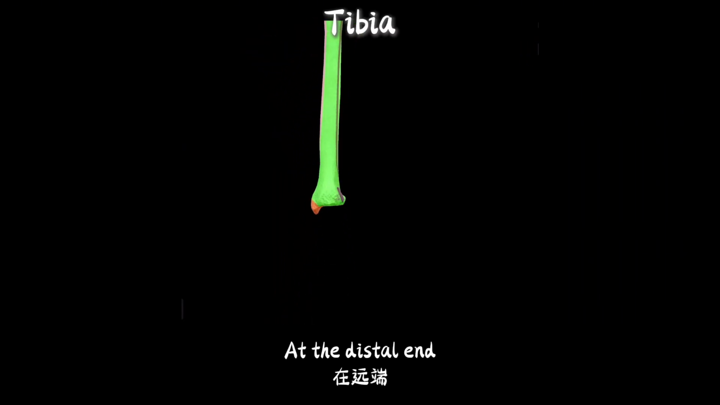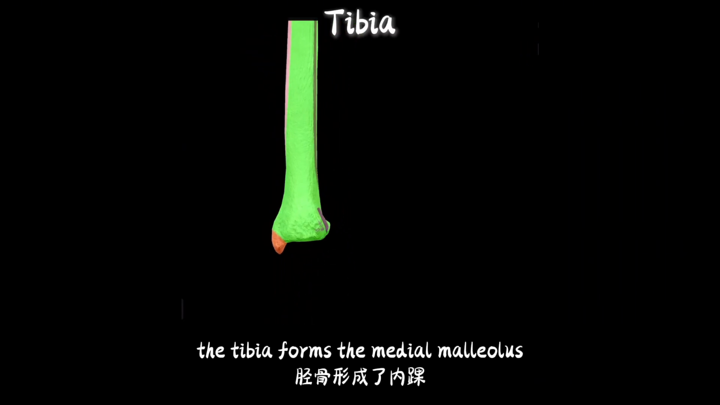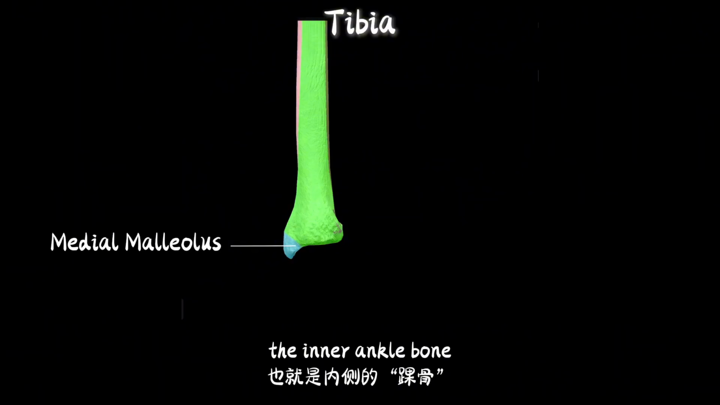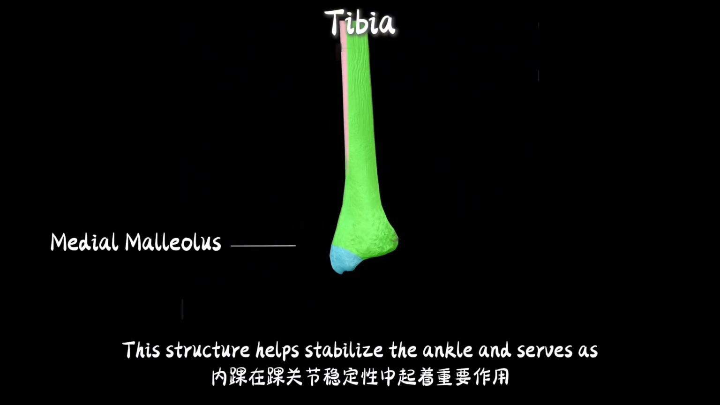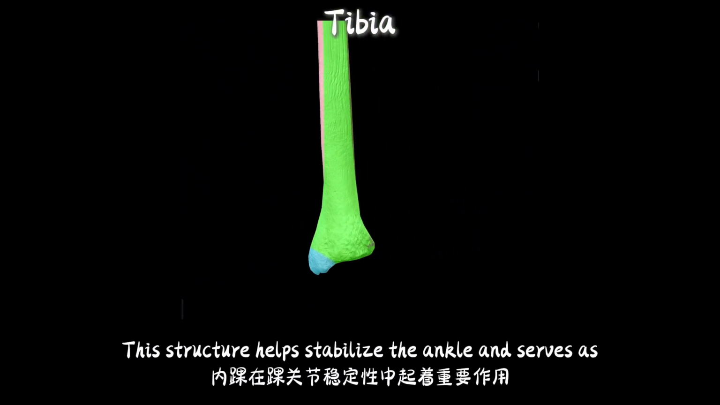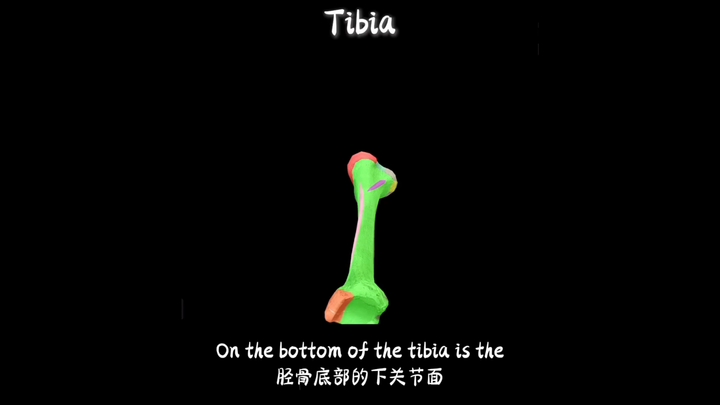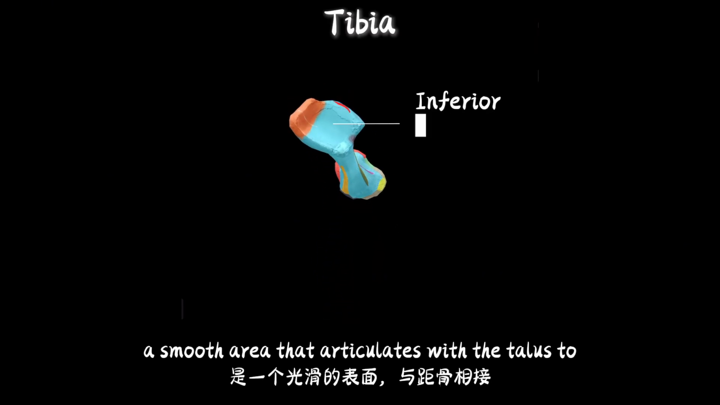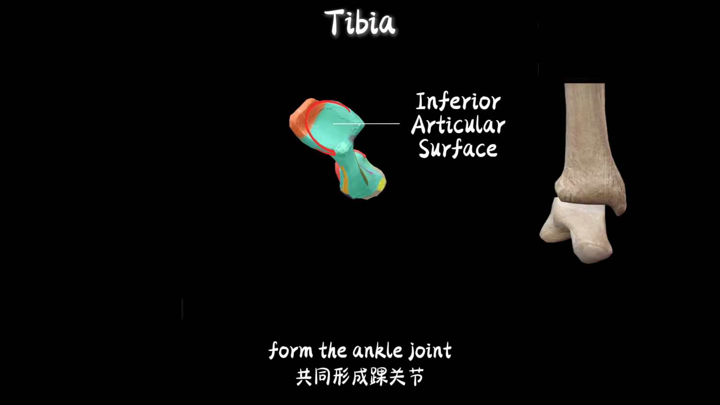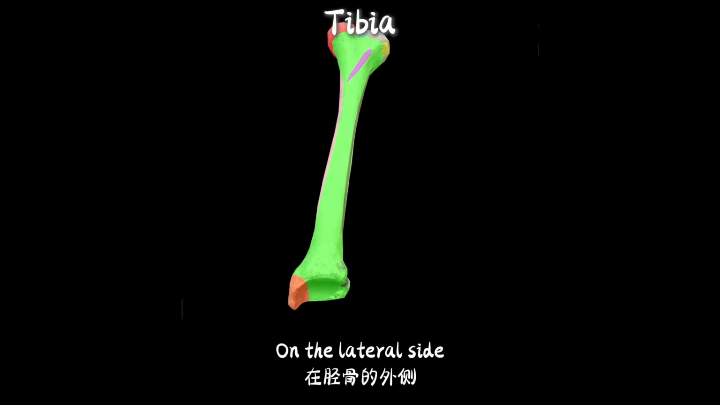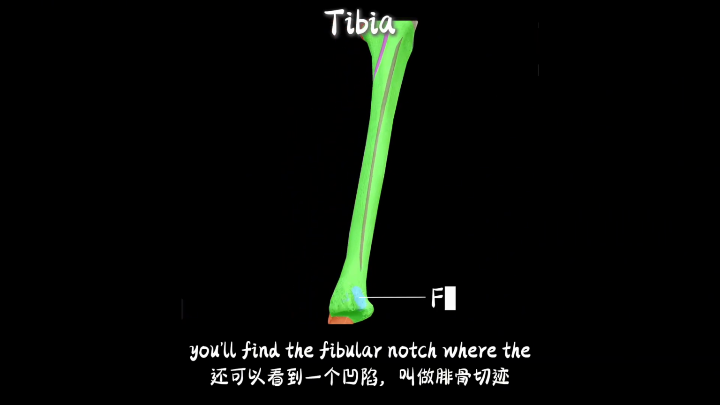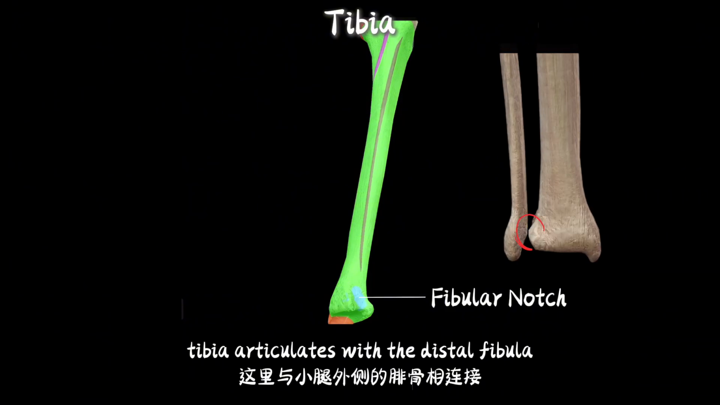At the distal end, near the ankle, the tibia forms the medial malleolus, the inner ankle bone. This structure helps stabilize the ankle and serves as an attachment site for parts of the deltoid ligament. On the bottom of the tibia is the inferior articular surface, a smooth area that articulates with the talus to form the ankle joint. On the lateral side, you'll find the fibular notch, where the tibia articulates with the distal